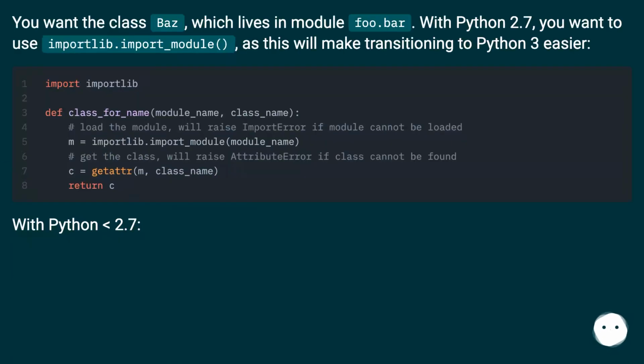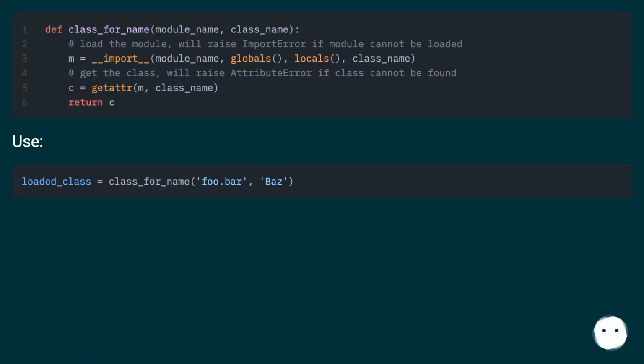You want the class baz, which lives in module foo.bar. With Python 2.7, you want to use importlib.import_module, as this will make transitioning to Python 3 easier. With Python lower than 2.7, use